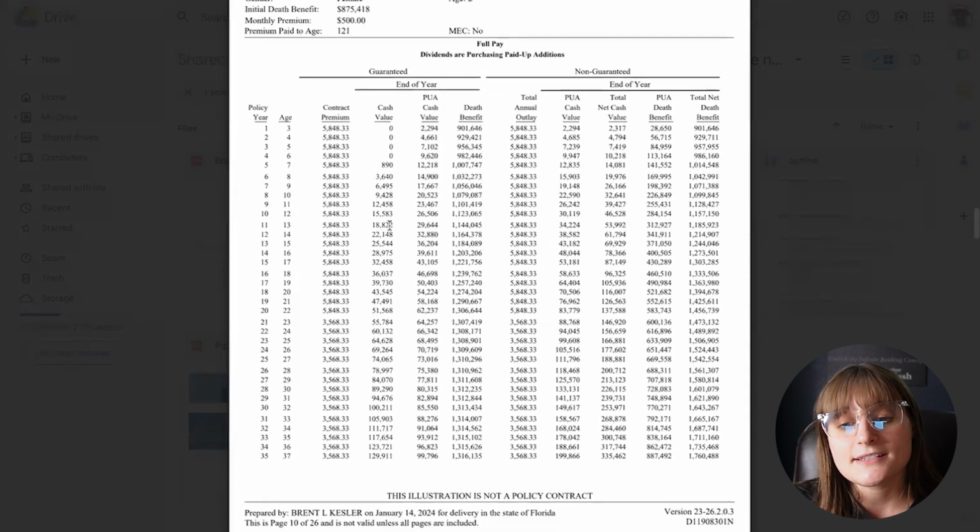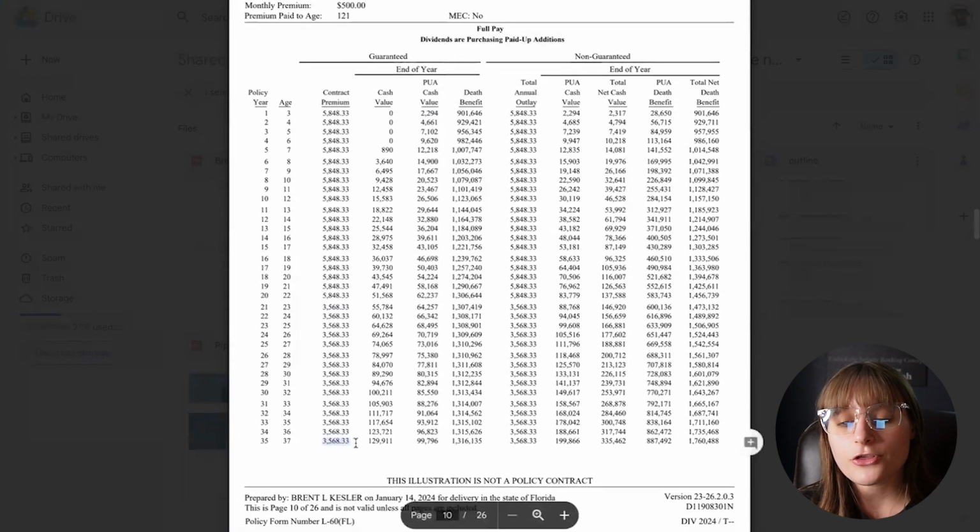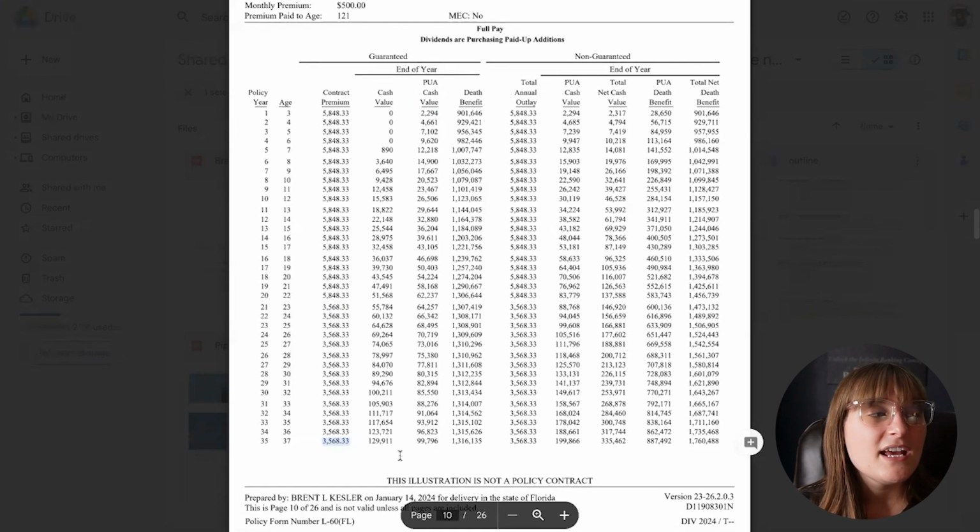Let's say that in year 35, just picking out a random year, at year 35 in the policy, or when Monroe's 37, let's say that she comes to us and says, I just really don't want to keep paying my premiums any longer. And first of all, I would tell Monroe to call me up and fire me because I did a really bad job teaching her this concept.